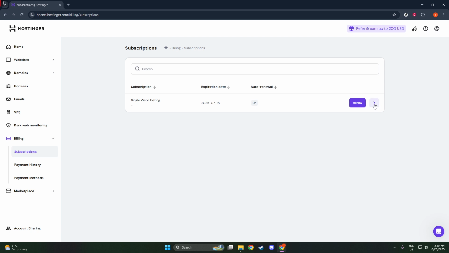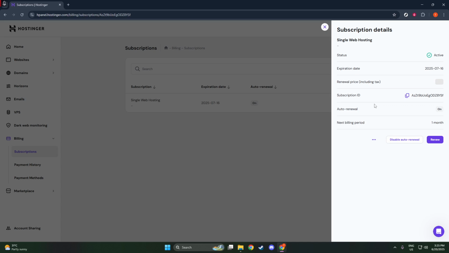Now, it's time to locate the specific service you would like to stop from renewing automatically. Carefully review the list of services you currently have. Each item should be labeled clearly, so it should be easy to identify. For example, this could be a hosting service or a domain name that you have been using but now wish